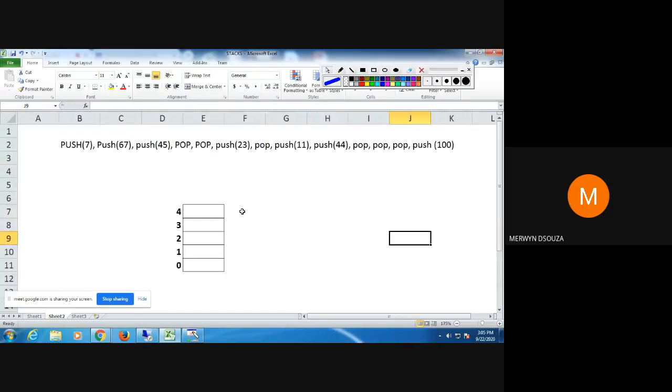Push 7, then push 67, push 45, then pop, pop, push 23, pop, push 11, push 44, pop, pop, pop, and push 100. Remember, stack size is 7.